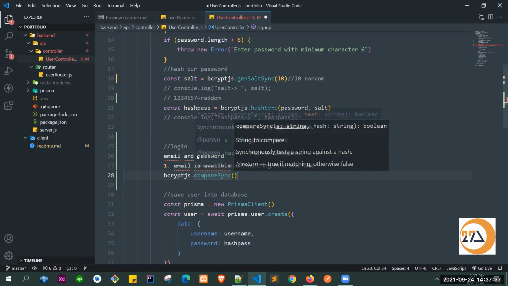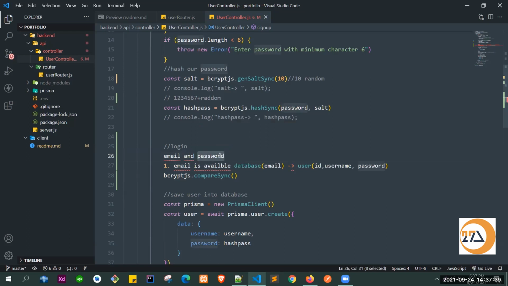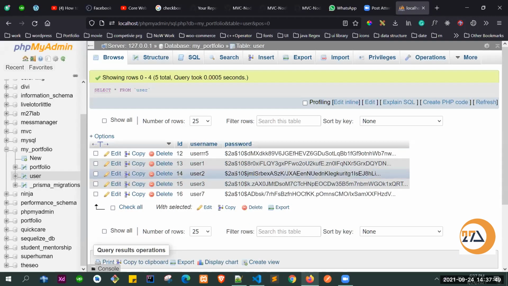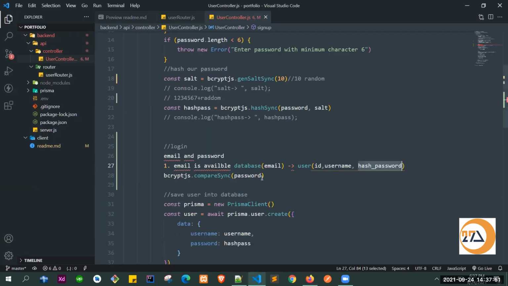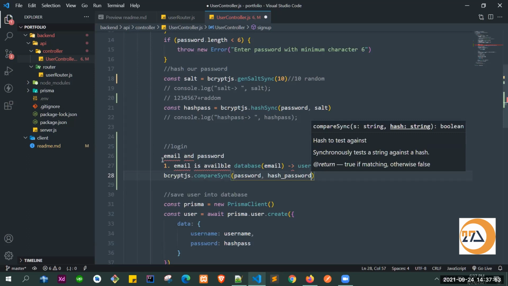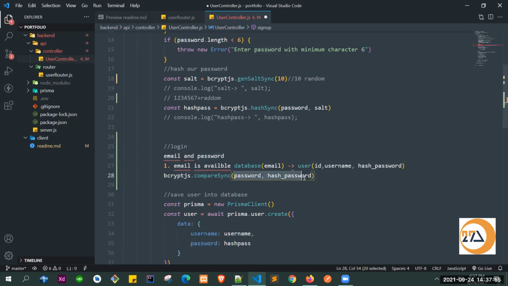The string would be the password entered by the user, and the hash would be the hash password we get from our database, the hash that we stored over here. We compare them, and internally it will check whether the hash is similar or not. We don't need to think about it; the compareSync function will handle that for us.